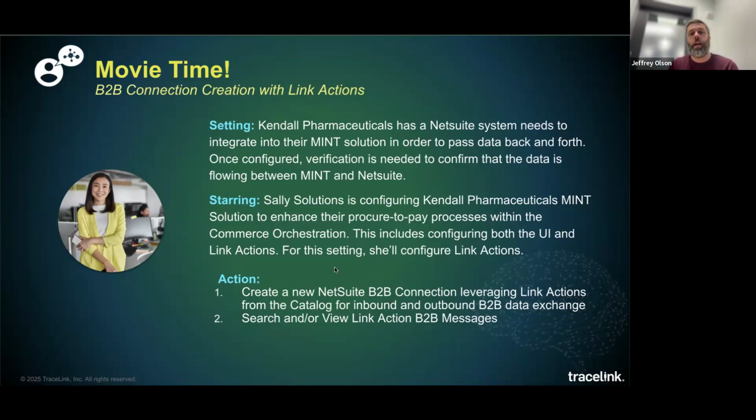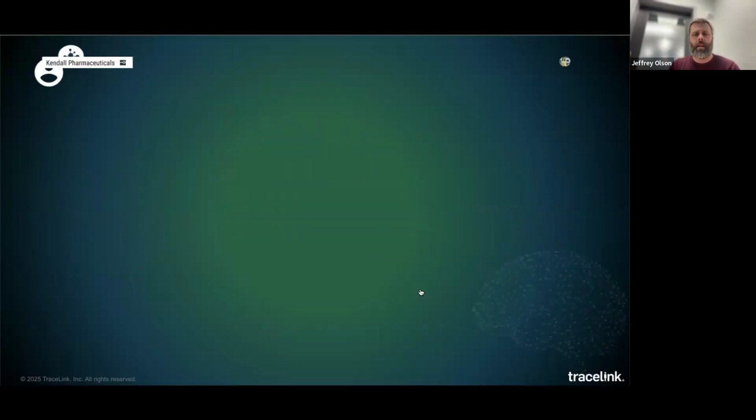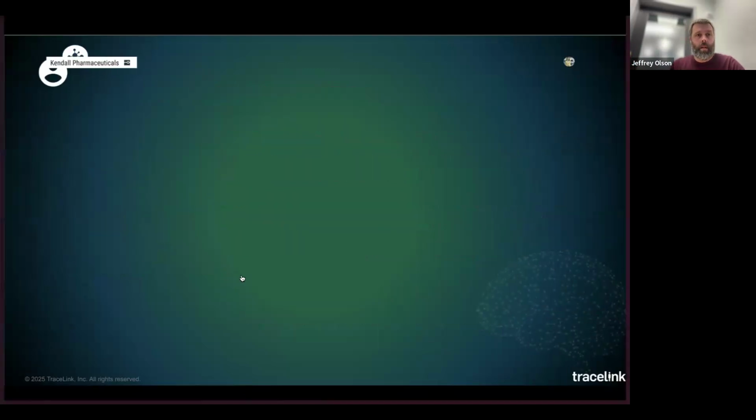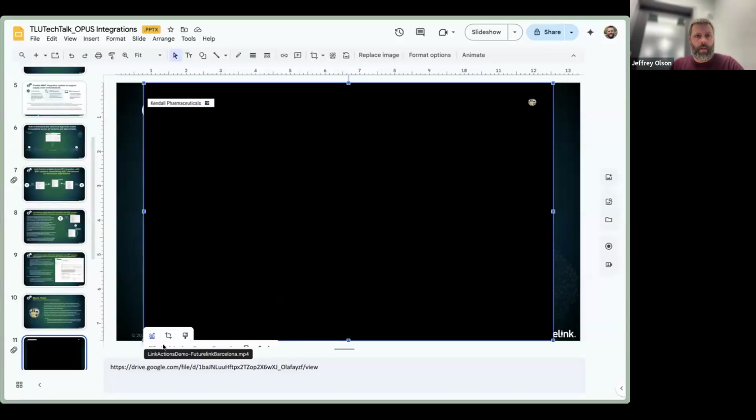So what I'm going to be showing in this video is basically the configuring of the UI for the link actions. I'm pulling a link action script from the catalog. And at the end, you'll see I actually pull a real transaction from a real NetSuite system. And basically, I'm starting from scratch at the beginning. So it's kind of that end to end and how quick the setups can be. So let me jump in, and I'm gonna narrate over this a bit. Sorry about the windows here. Okay, so